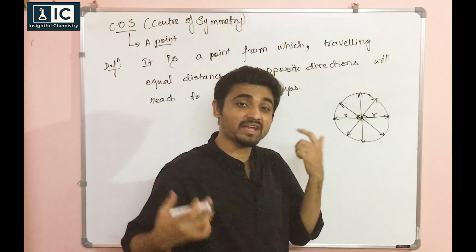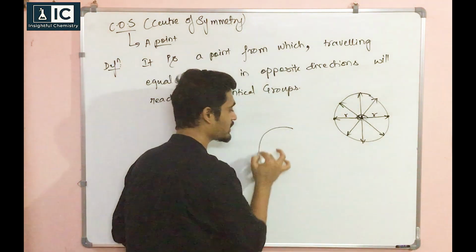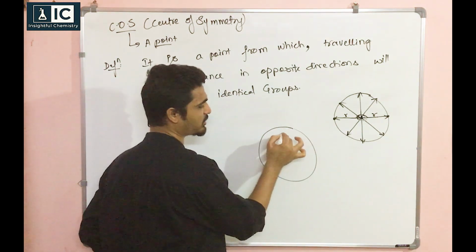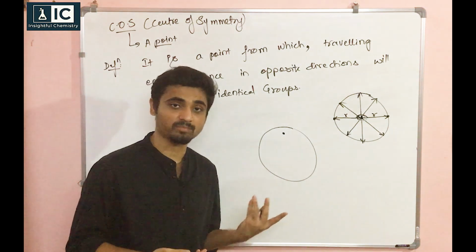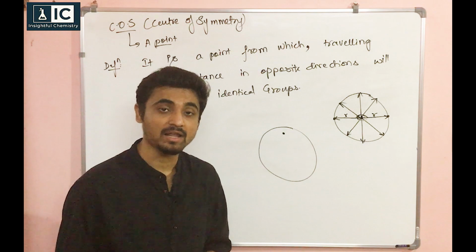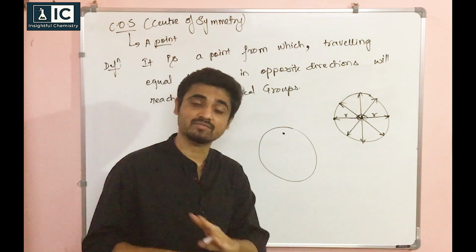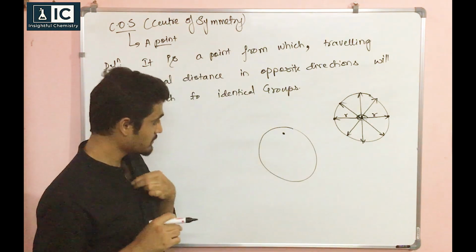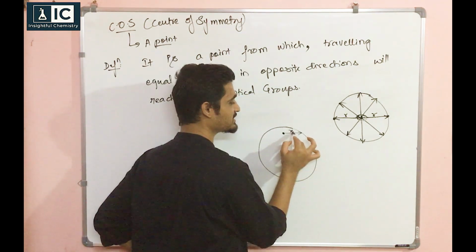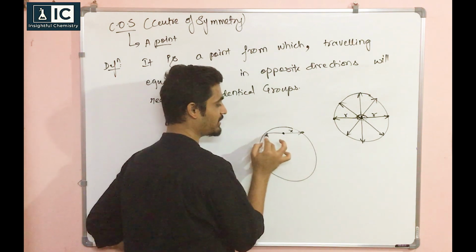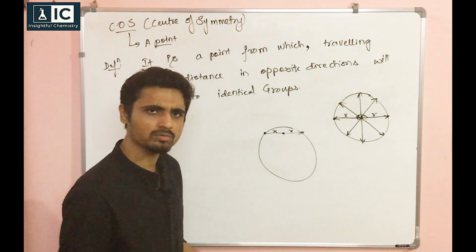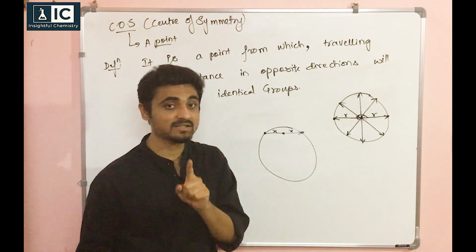Now suppose I want to take any other point in this. What can I do? I can draw another circle, and now I am taking this point here. Is this point a center of symmetry? We are going to travel, and that traveling must be satisfied in all directions. For example, if I travel here, suppose x distance, I get a point. If I travel x distance here, same, again I get a point. True? Fine. But still it's not a center of symmetry.